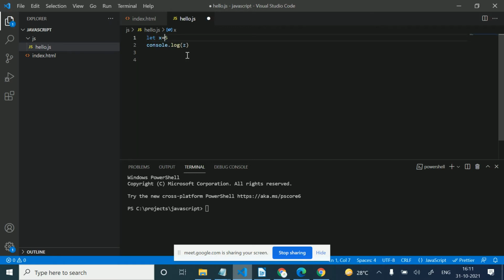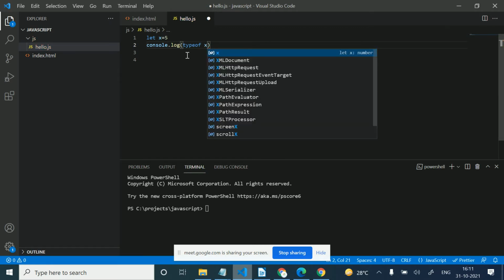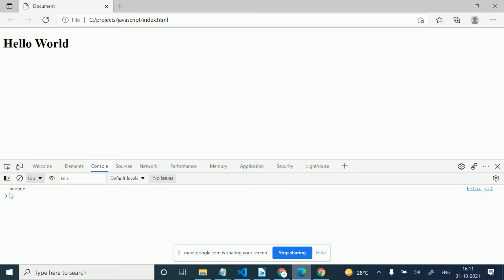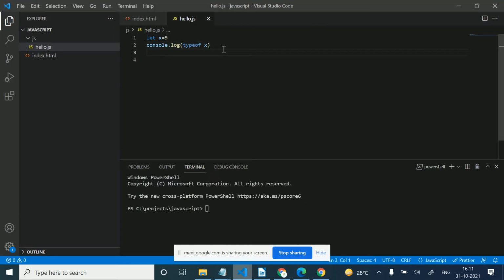So how can we get the type of any variable? Like this is 5 and I want to know the type of that. Then there is the typeof keyword, typeof x. I am just going to refresh, and this is showing here in the console: number. So by the typeof keyword I can get the type of the variable.